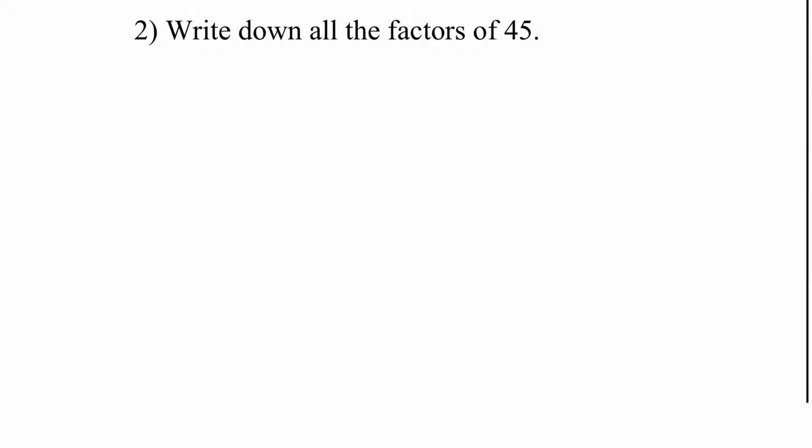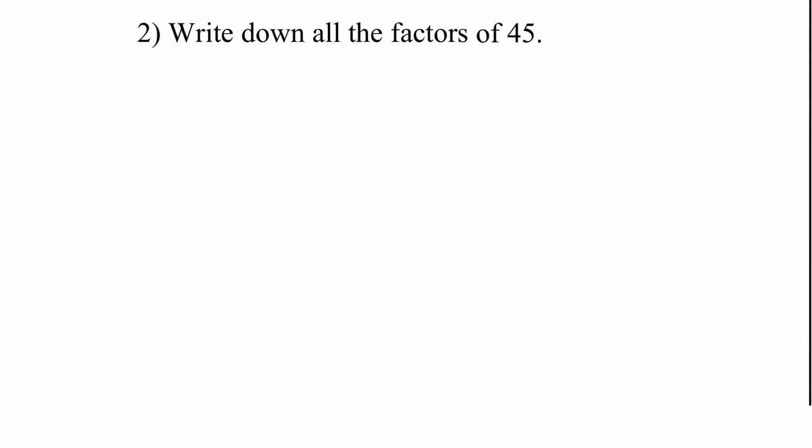We're supposed to write down all the factors of 45. So let's start with the number 1. 1 goes into everything evenly, so 1 times 45. Those are factors. 2 does not go into 45 evenly because it ends in an odd number. 3 goes into it 15 times. 4 doesn't go into it evenly. 5 does,